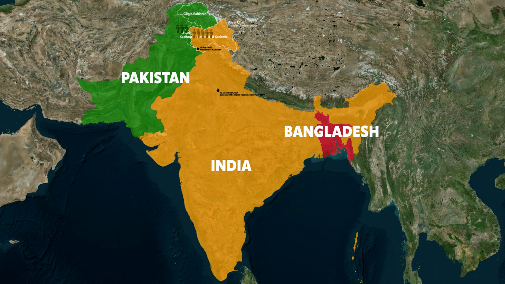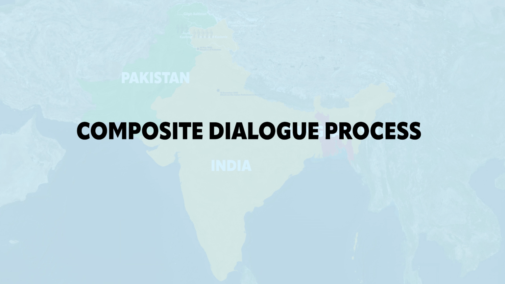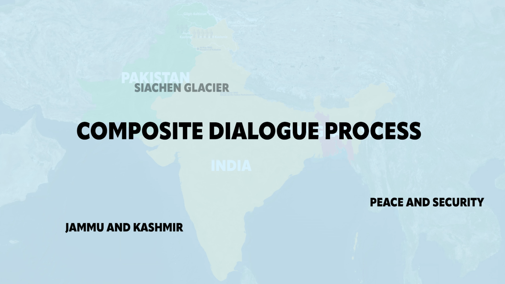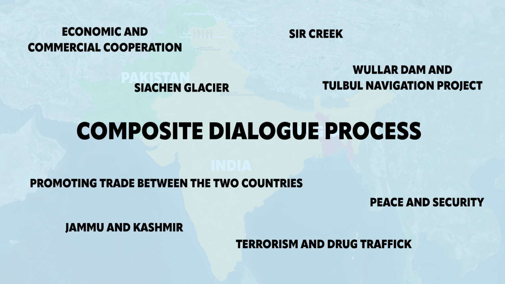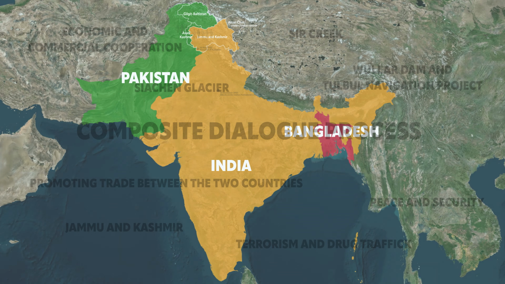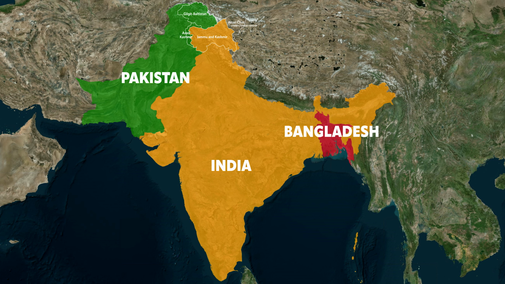Following these events, it became clear that there was a need to create opportunities for dialogue between the two countries. In 2004, the composite dialogue process was established to resolve issues between the two states through dialogue. The main issues were divided into 8 major themes and assigned to officials and experts to try to find solutions. These include Kashmir, terrorism, and trade and economic cooperation. Tensions are lower than in the past, but India still accuses Pakistan of being ambiguous about its relationship with terrorist